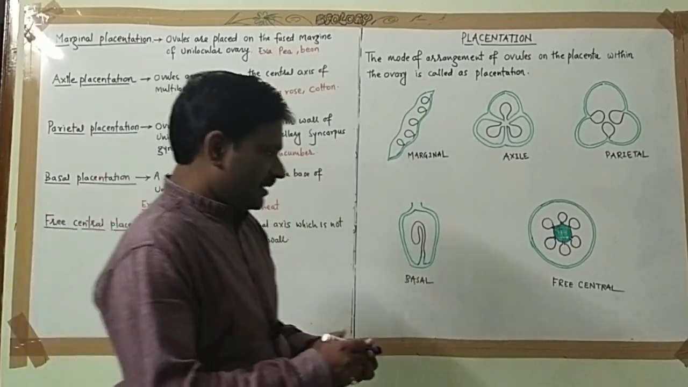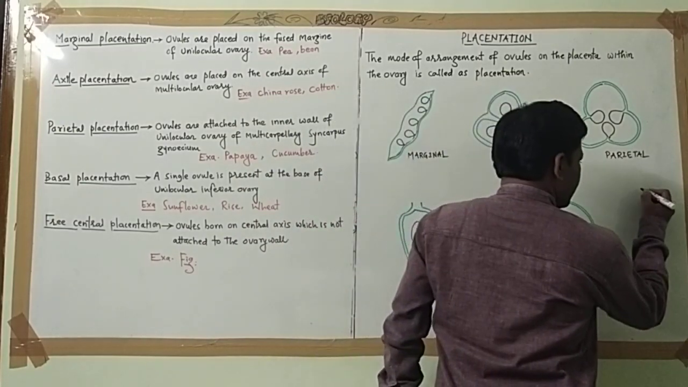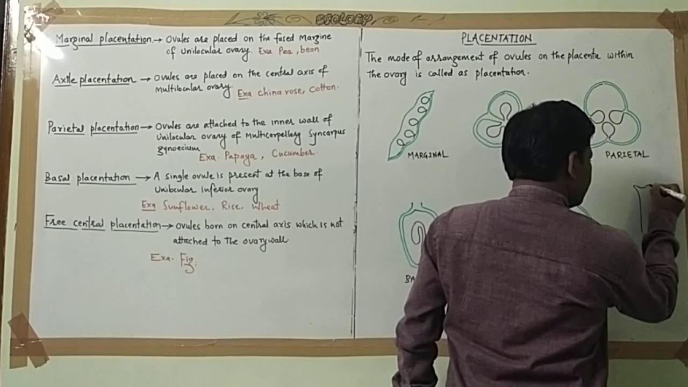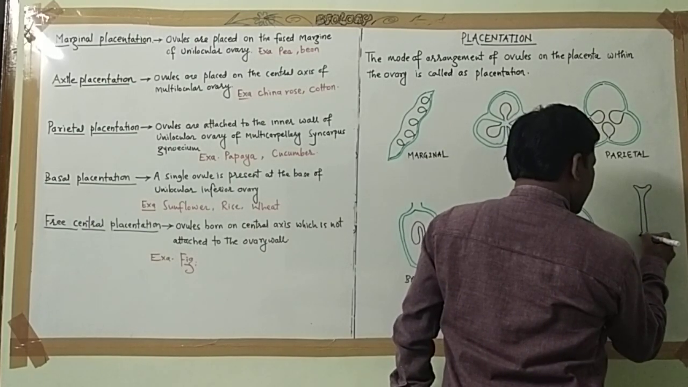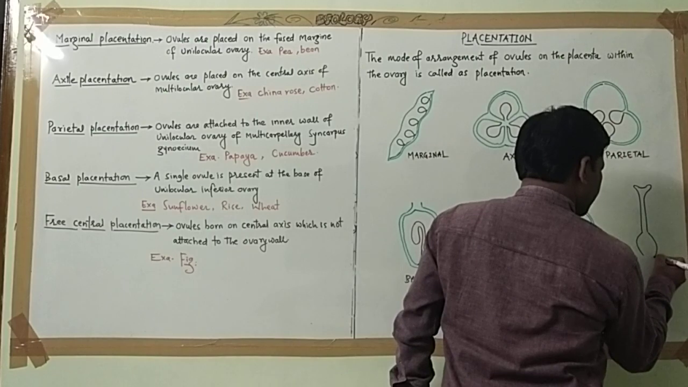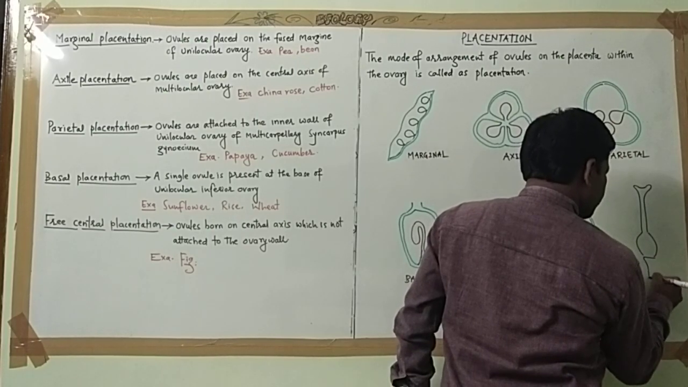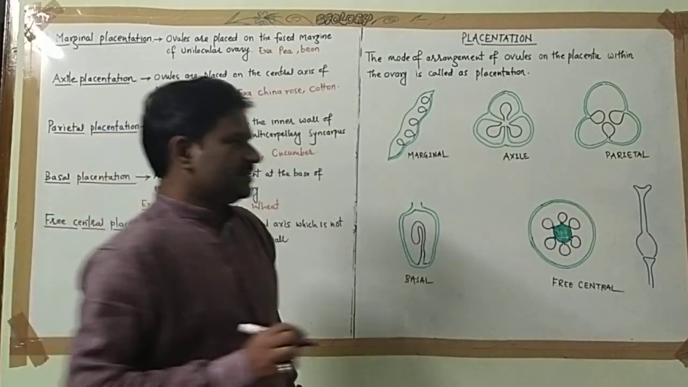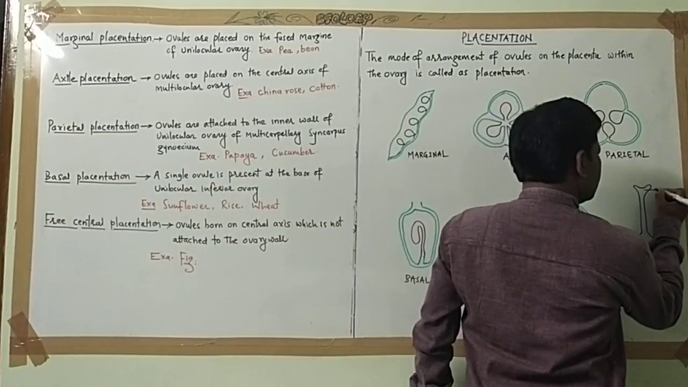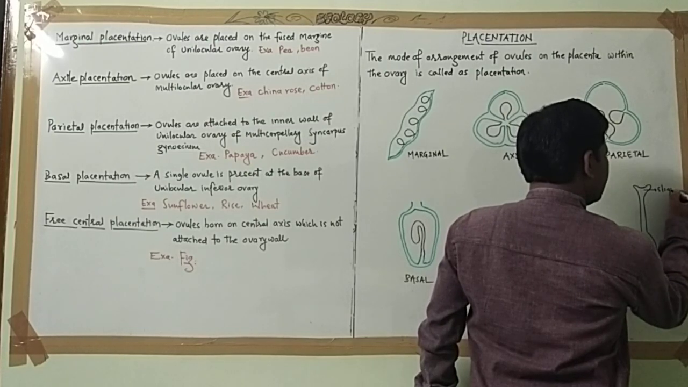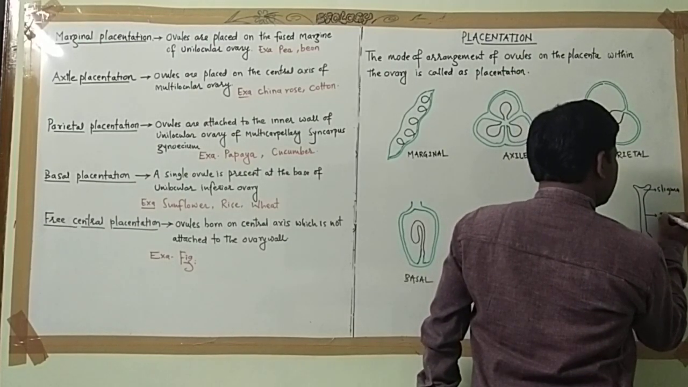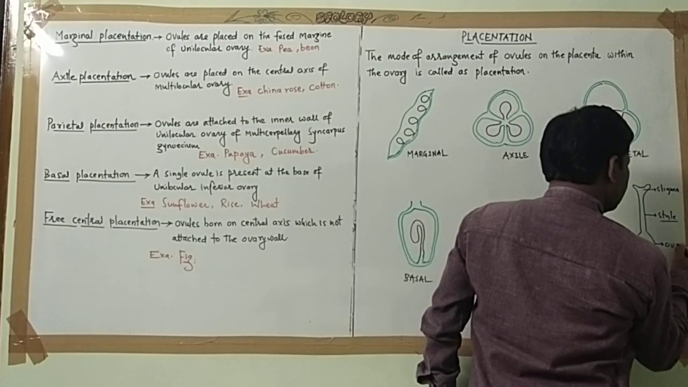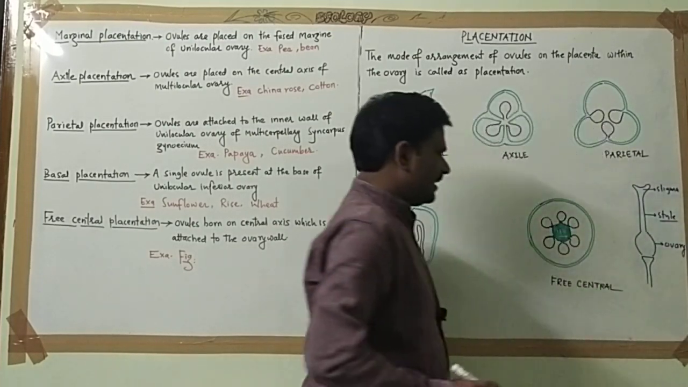Now see here, suppose the female reproductive organ is made up of three parts: stigma, style and ovary. The female reproductive part, the ovary, is present on the thalamus. This is the pedicel, this is the stigma, style, and ovary. Inside the ovary